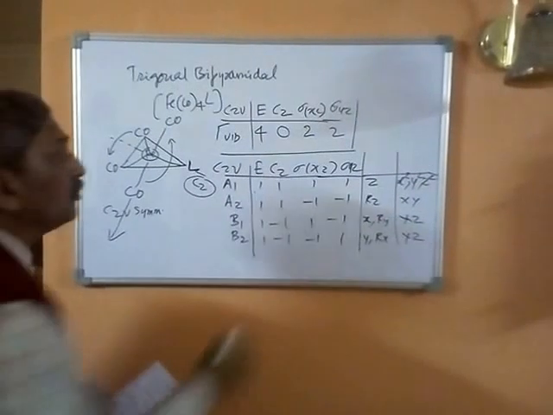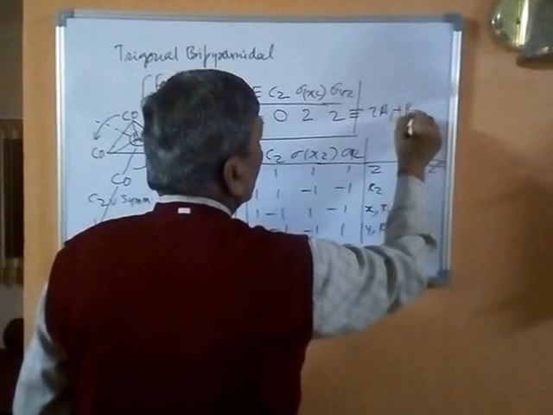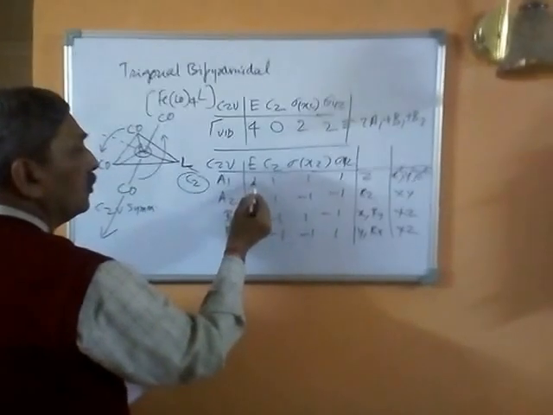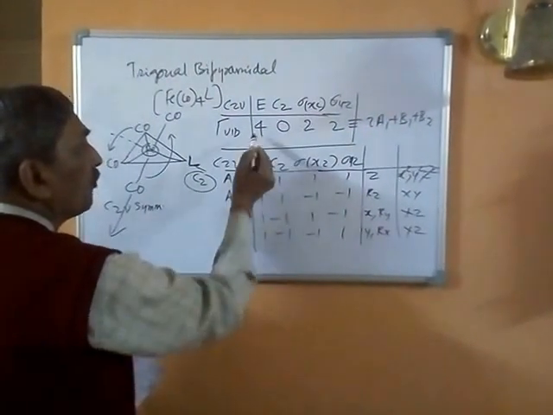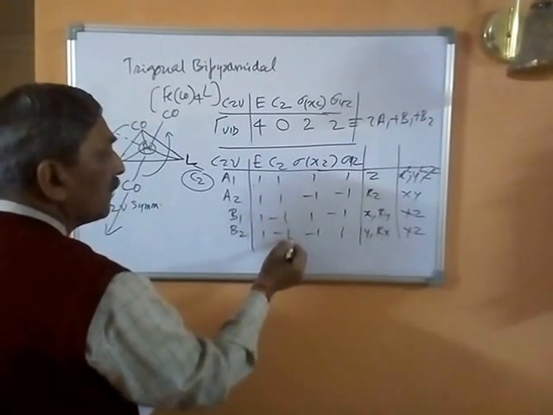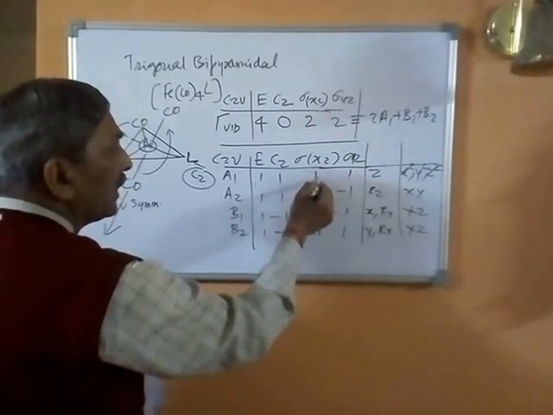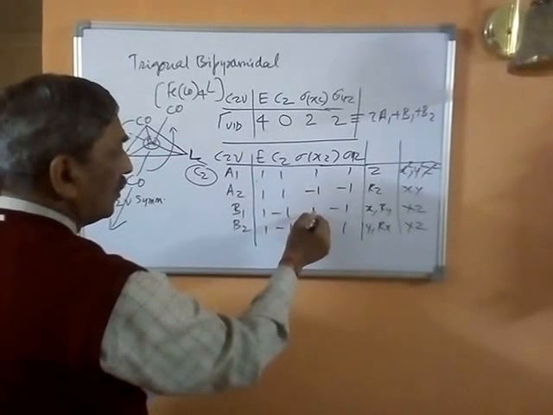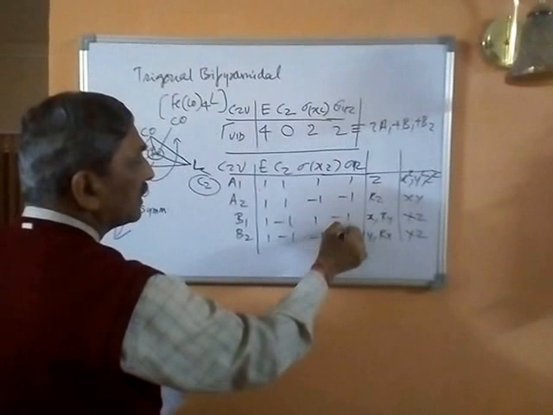of 2A1 plus B1 plus B2. You can check it out. 2A1 means 2, B1 1, B2 1, so that makes it 2 plus 1 plus 1, which is 4. If you look under C2, you will have 2 and you will have minus 2, so that will be 0. In this case, you will have 2 and you will have basically 1 and 1, this will cancel out, so you will have a character of 2.